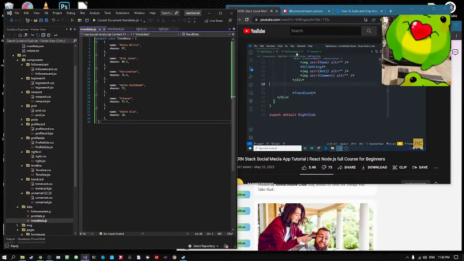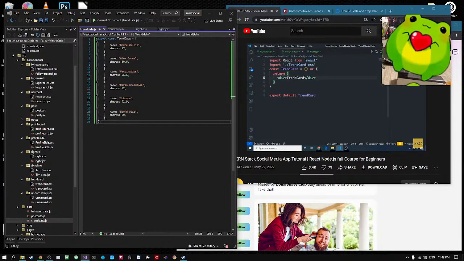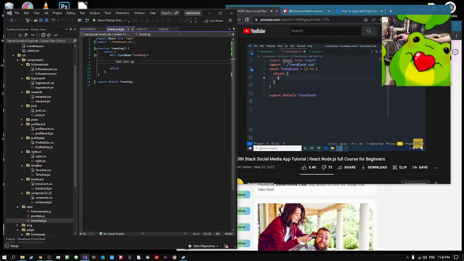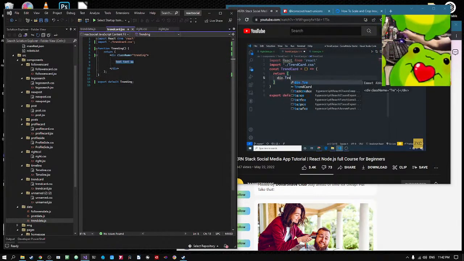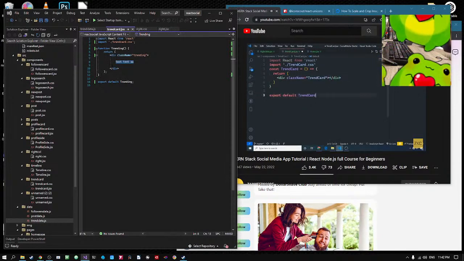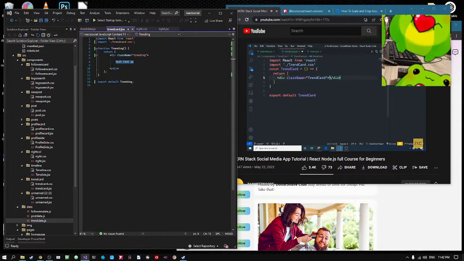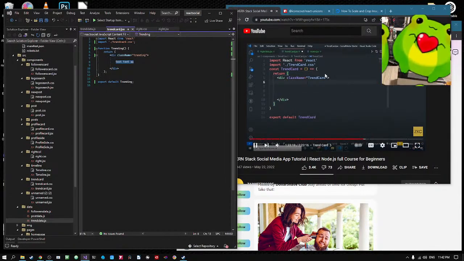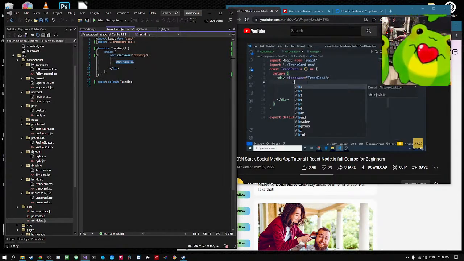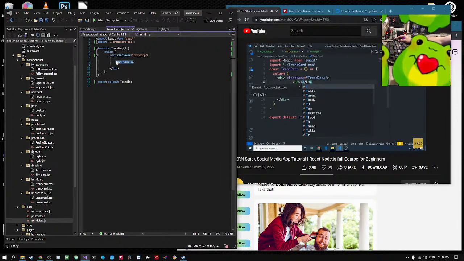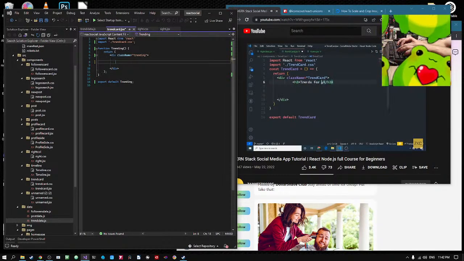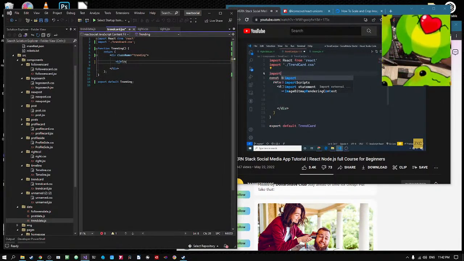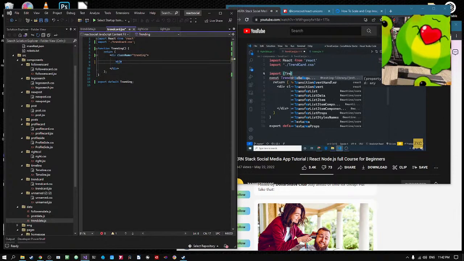Okay, so I will go to trendcard.jsx, and here I will make a parent with the class name of trendcard. I am just keeping this tutorial very simple for the beginners. After this, first of all, I am making an h3 heading which says trends for you. Now I am importing the trend